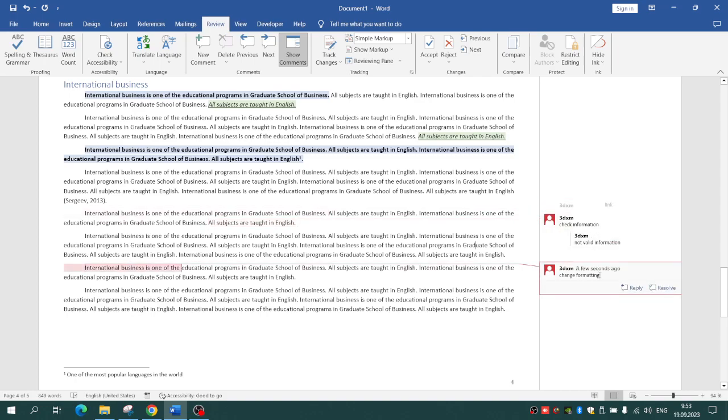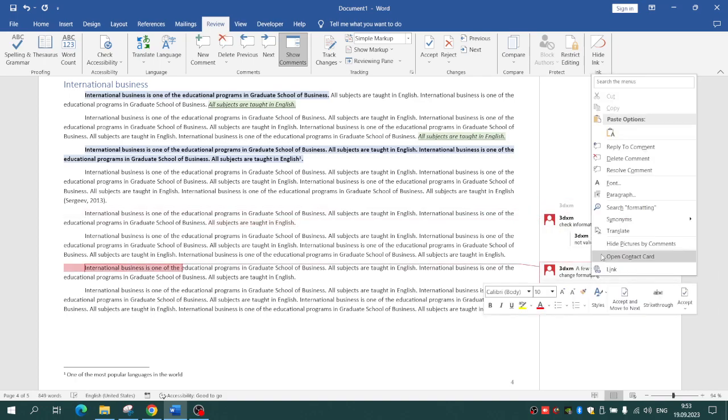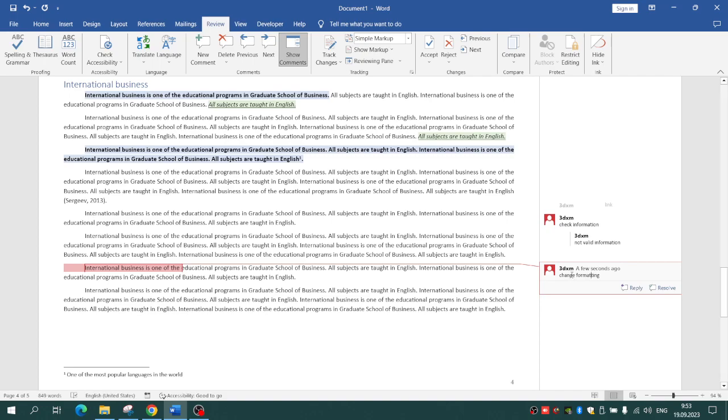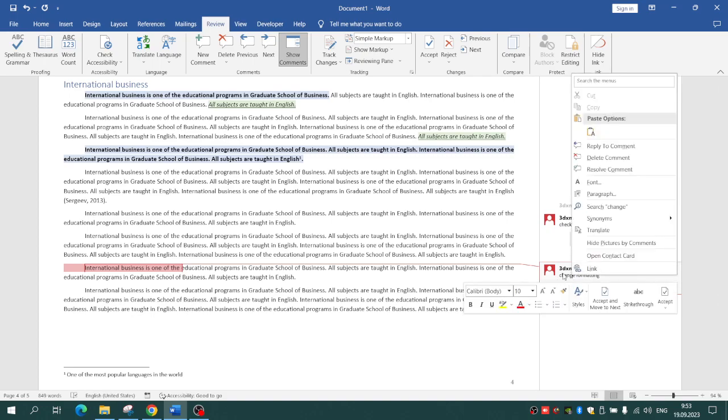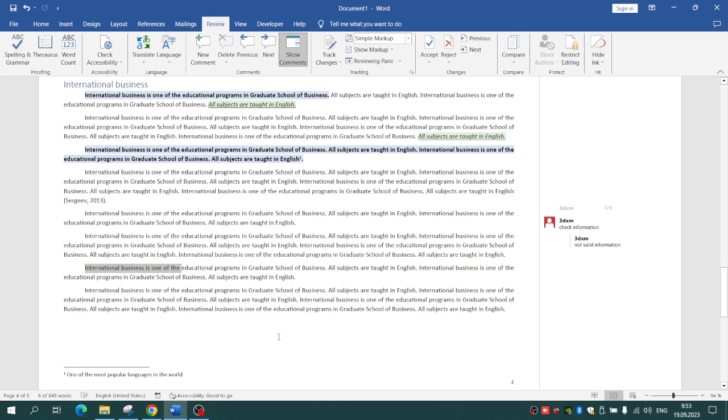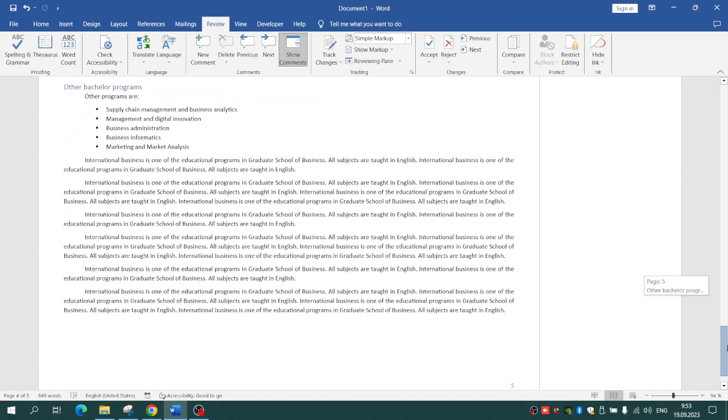our comment. And also we could just delete all of the comments, so try to check it when you send some documents to your lecturers, for example, or to your manager. You are just going to delete all of the comments. So we just press and click on the right button of the mouse and then delete comment. So this is it. This was one of the final menus we are going to get acquainted with, and also